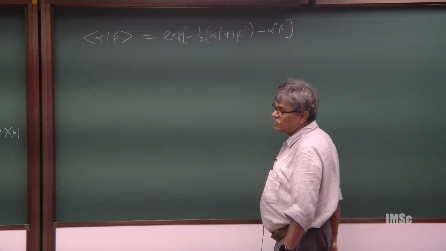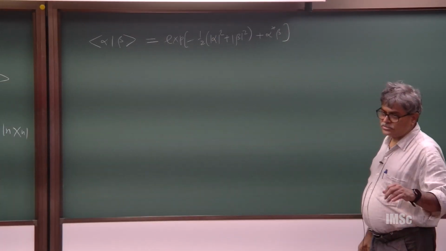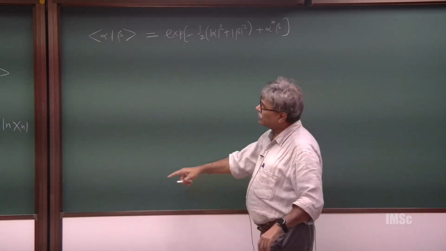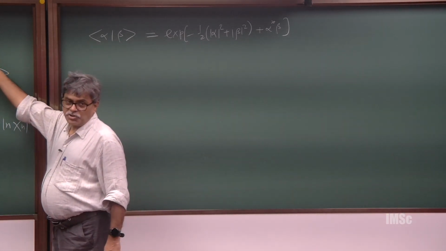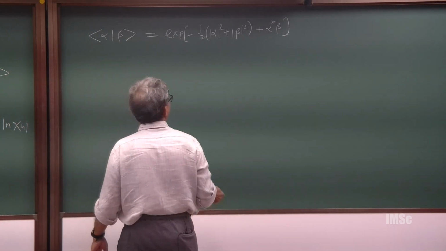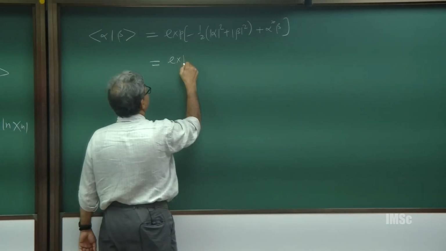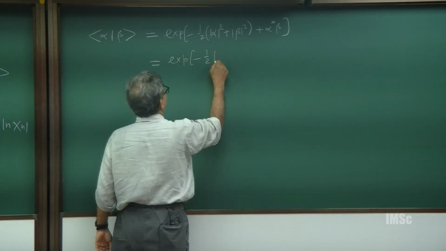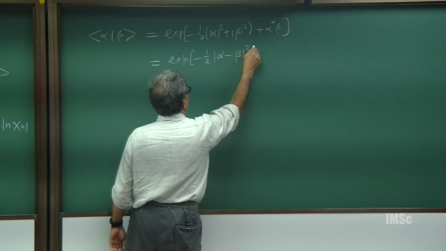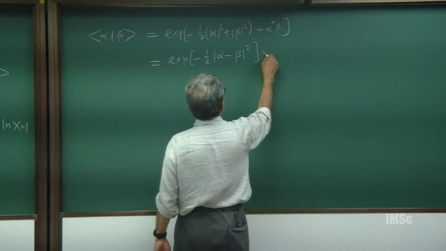Is that correct? If I take this formula, are these the orthogonal states? So, this will be the exponential of minus half |alpha minus beta| squared, and then